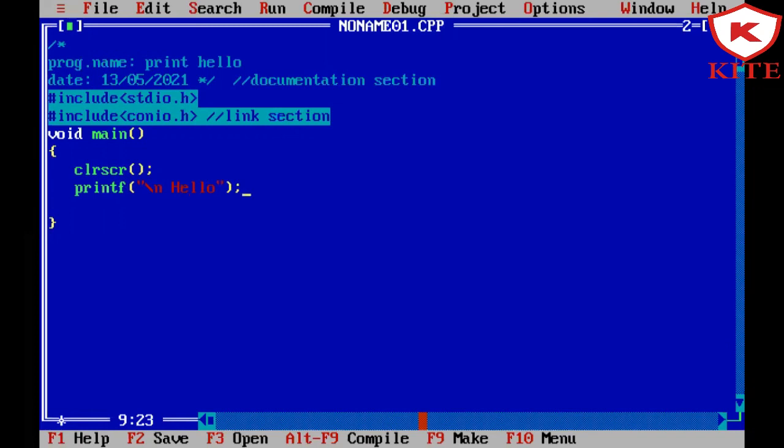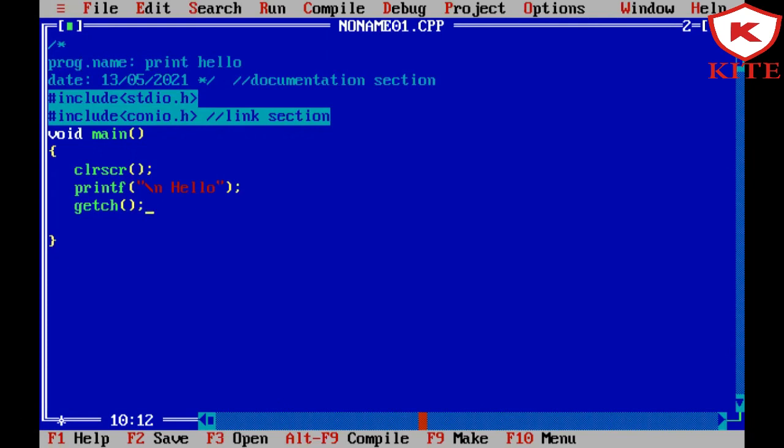Now then after, add a semicolon. Then getch. So these are simple programs. In the main section, we only write the printf, clear screen and getch. Clear screen is used to clear the screen, and getch is used to hold the output.